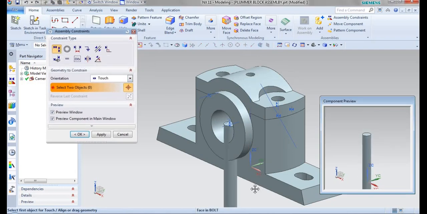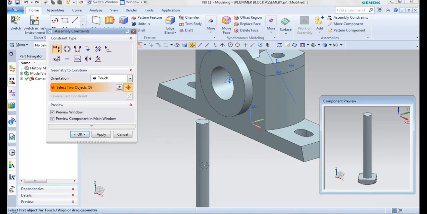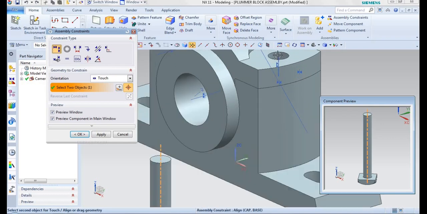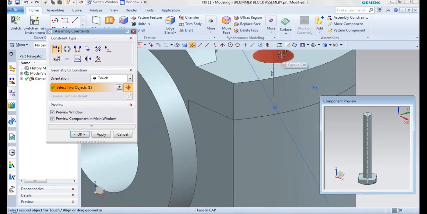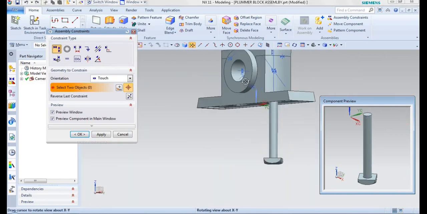Move the component as required. And here I'll be selecting the center line, that is the center line of the bolt, and also the center line of the hole. So like this both will be aligned.